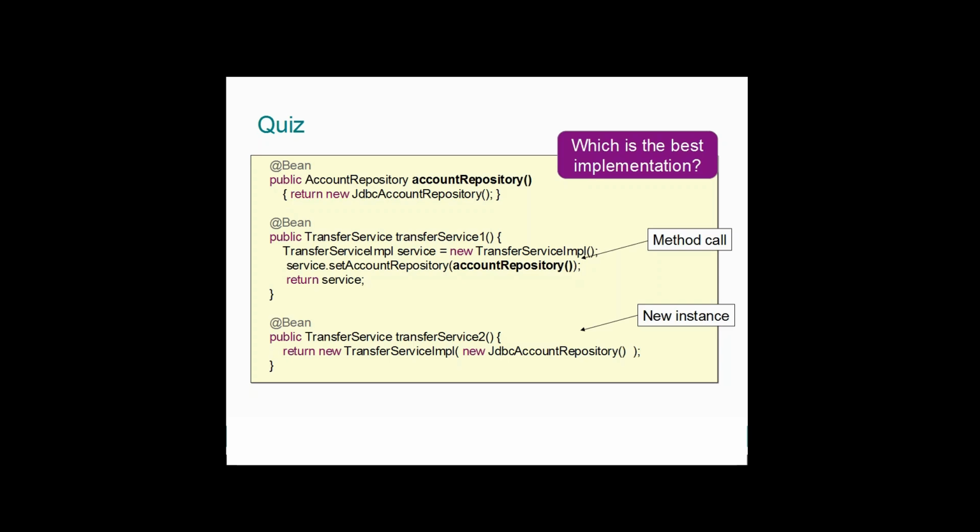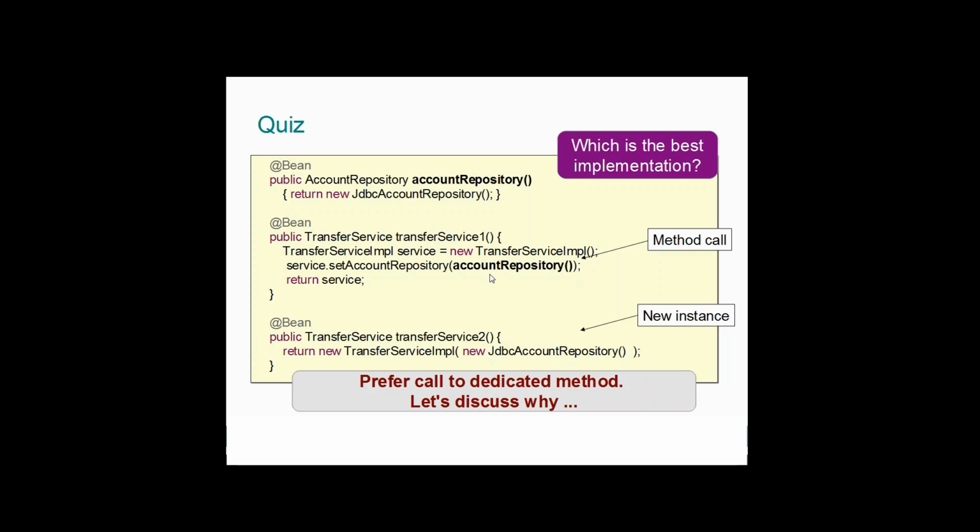Good. Okay, so here since the method call is creating a bean, by default this is a singleton, right? If you look at this object gets injected here, and in this case a brand new instance will get created, and that object gets injected into the transfer service implementation. Okay, the best option is to call through a method. So let's see. Now if I call like account repository and account